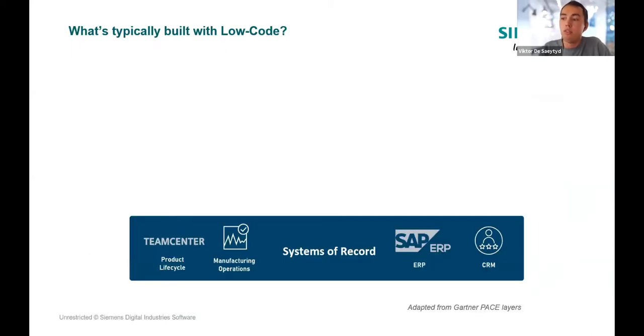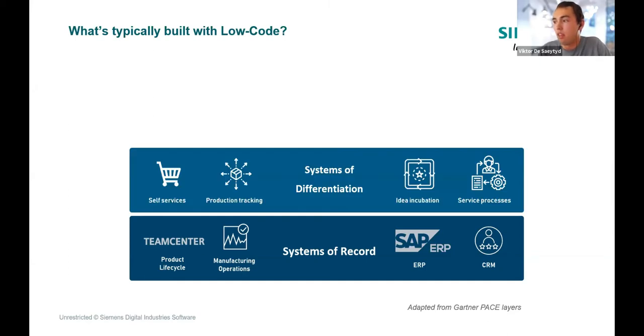So if we map this towards low code, I want to use the base layer model of Gartner to explain what we actually built with low code, because there is also a lot of confusion around this. Gartner explains this in three layers. First of all, you have your system of records, which is your SAP system, your Teamcenter system, your Opcenter, your Simatic IT, and so on. These are systems which have been there for a long time, but which are quite standard.